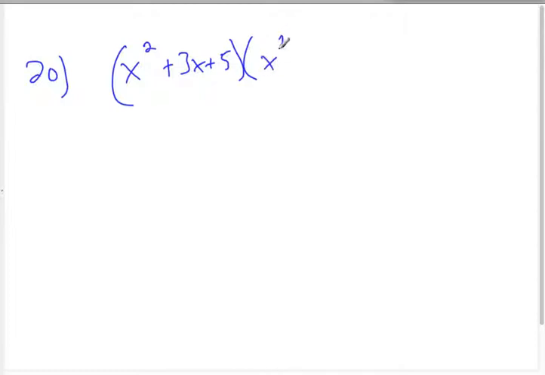Alright, last one. 20. When multiplying rational expressions involving quadratics, explain why it is helpful to factor the quadratic if possible before multiplying. Well, imagine if you were multiplying x squared plus 3x plus 5 times x squared minus 9x plus 8, right? So first of all, you're going to get 9 terms because you're going to do x squared times x squared, times negative 9x, x squared times 8, and then you have to do that again with 3x and with 5. And then you have to combine like terms, and then to reduce